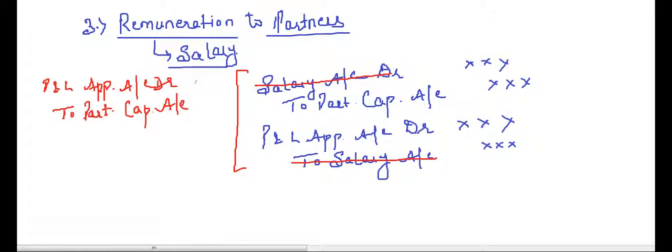Clear? This is similar to interest on capital. Because it is an expense, we will debit it, because the rule says debit all expenses and losses and credit all income and profits. So the salary is debited. Partners' capital, they become our creditors, so we will credit the partners' capital account, and when the salary is paid, it is paid through the P&L appropriation account out of the profits. So we will transfer this to the P&L appropriation account. Cancelling out, we get the net effect as P&L appropriation account debit to partners' capital account.